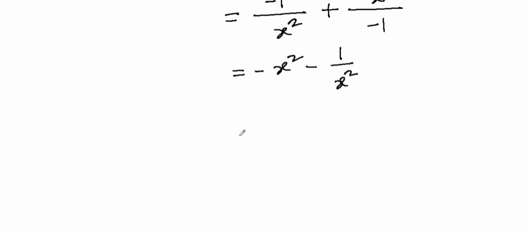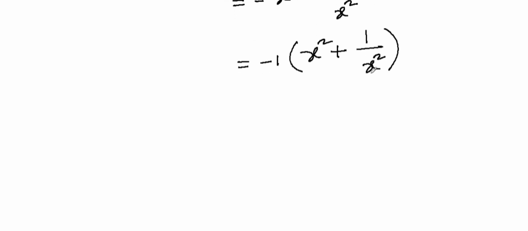Now if we take common negative 1, we get x squared plus 1 over x squared. Now if we apply the formula a square plus b square, we'll get minus 1